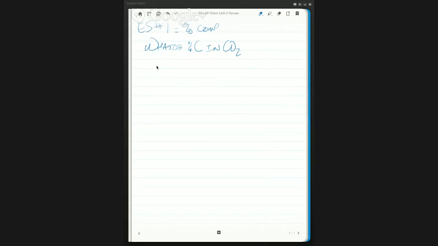So what you have to do is you have to get the mass of the carbon. So carbon equals 12.01 grams per mole, and the oxygen is equal to 16.00 grams per mole. And I really want to emphasize that you go out to 2 decimal places. And when you add it up together with 2 oxygens and 1 carbon, you get 44.01 grams per mole. Okay, and if we want to know what the carbon is, then we would just say 12.01 divided by 44.01 times 100 is equal to